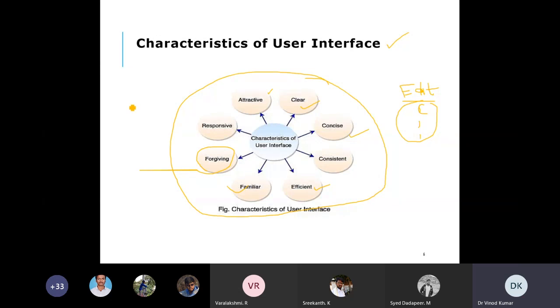Otherwise, you will feel stress, you will feel frustrated: why is this work not happening, why is this slow, why is it not responding. Sometimes this type of error also comes, that your system is not responding, or unresponsiveness. You might have seen this type of error. So this is the thing that we need to keep in mind.